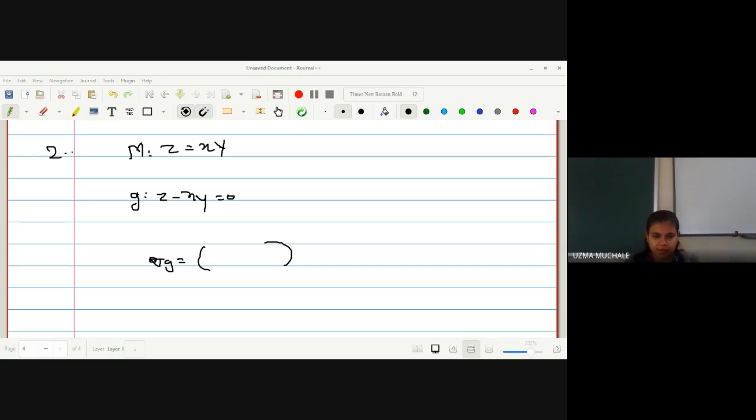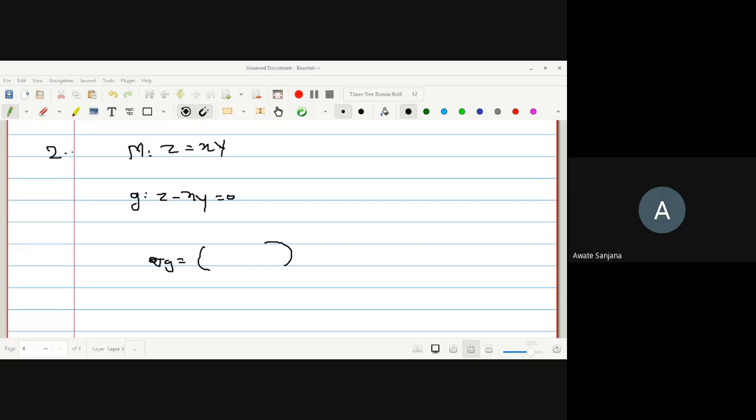Yes, everyone has to solve this example. Find out a normal as well as find out the tangent. Just as I found out just now, did everyone understand how it was found? Yes, ma'am. Okay, do it.